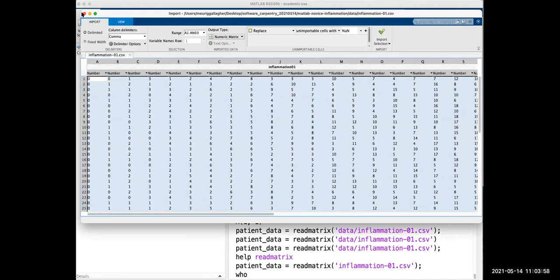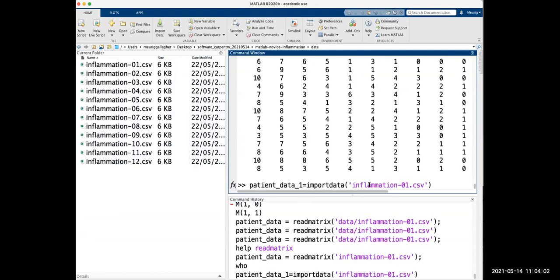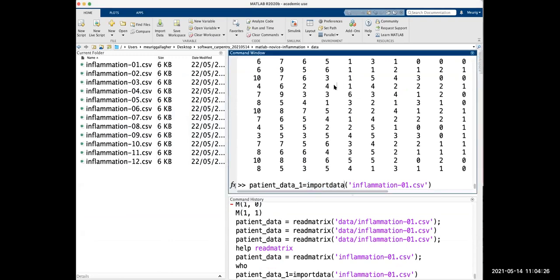Mehdi's given a new function that might be easier. So you can use this thing that Mehdi's put in chat, which is called importdata, instead of read matrix. This is the slight problem with MATLAB, that some things don't exist in previous versions. Yeah, so that one should work. Thanks, Mehdi.